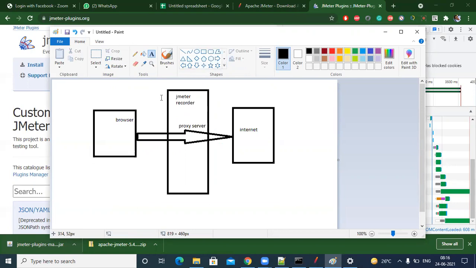Okay, what we'll do is make JMeter record as a server, and I will point that server to my browser, so that it will record my APIs and store them in a JMX file. Same simple, right? The server will be made and pointed into the browser, so that whatever I hit in the browser will go to this recorder. At that time, it will save all the APIs. Okay, so let's see that.